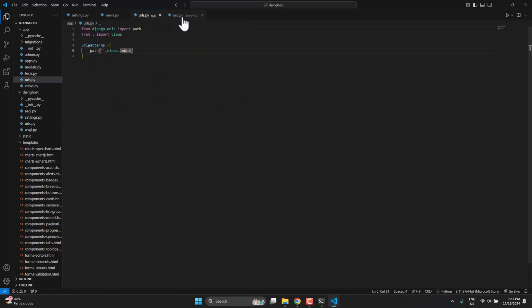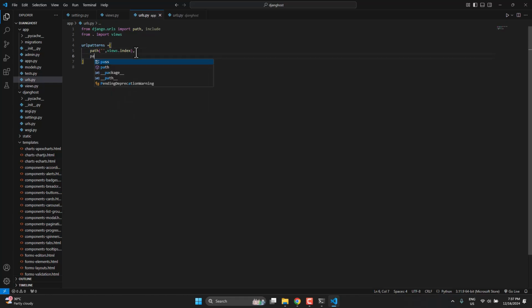We have to include this. So after the default importation of path, we need to import include. All right, so we have this here,